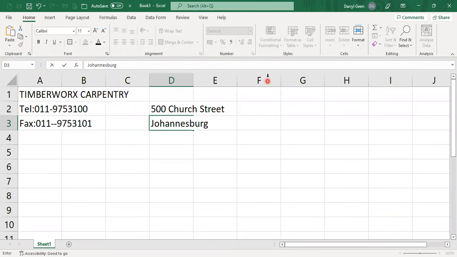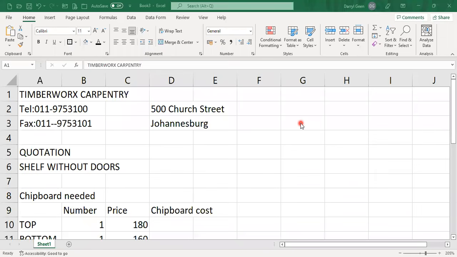I'll pause the recording while I continue typing. Okay, now I've got basically captured all my information, and now I can actually start doing what the activity requires